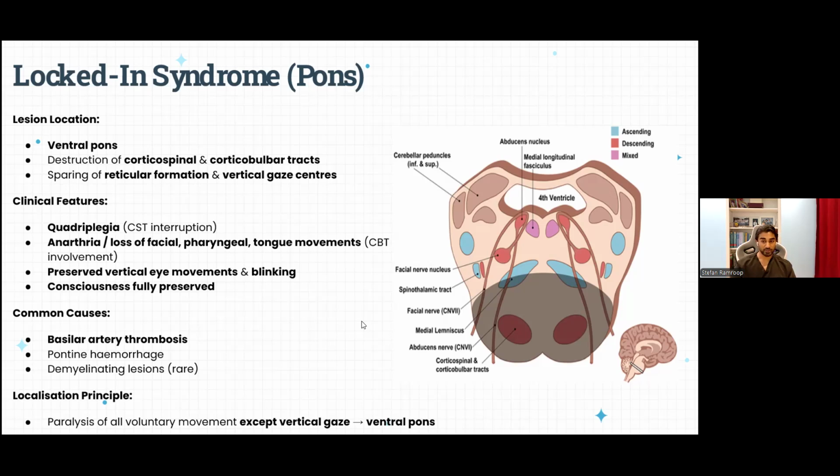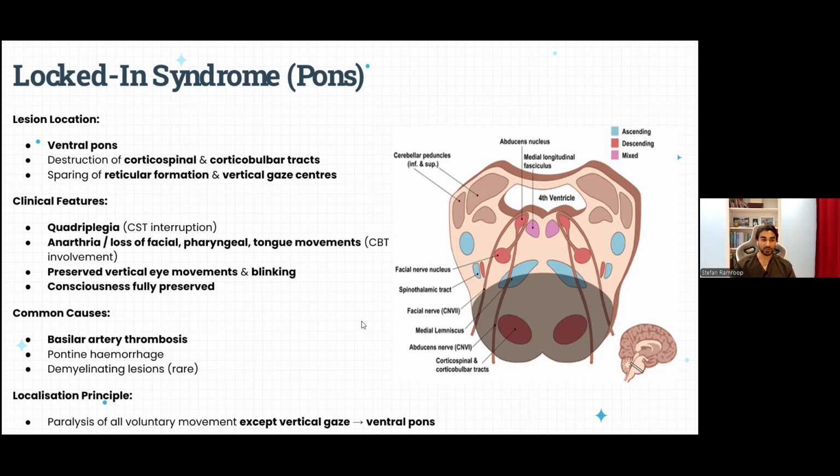So your corticospinal tracts will produce a quadriplegia, and your corticobulbar tracts will produce complete loss of facial, oropharyngeal, and tongue movement, resulting in something called anarthria. Importantly, the lesion will spare the dorsal tegmentum, including the reticular formation, so your consciousness will be preserved. It also spares the vertical gaze centers located in the midbrain, allowing the patient to communicate through vertical eye movements